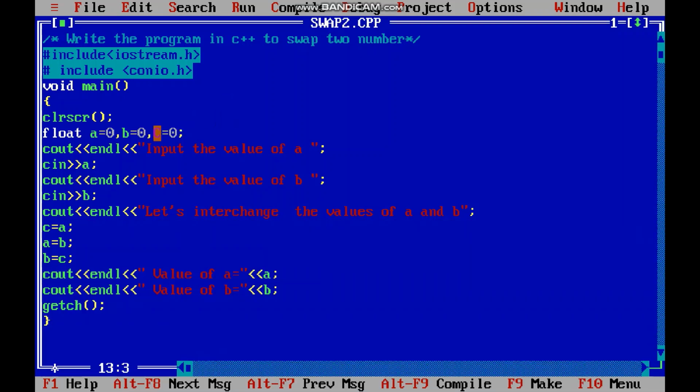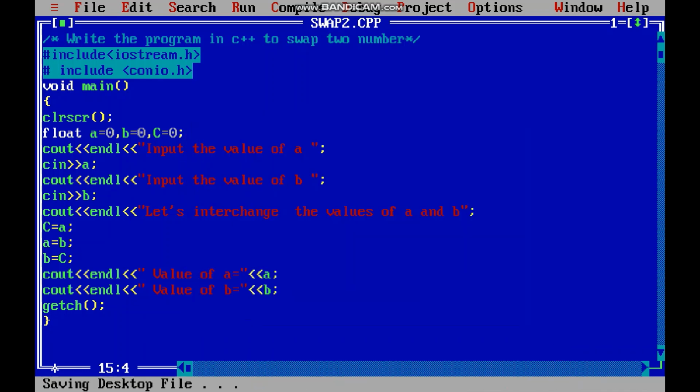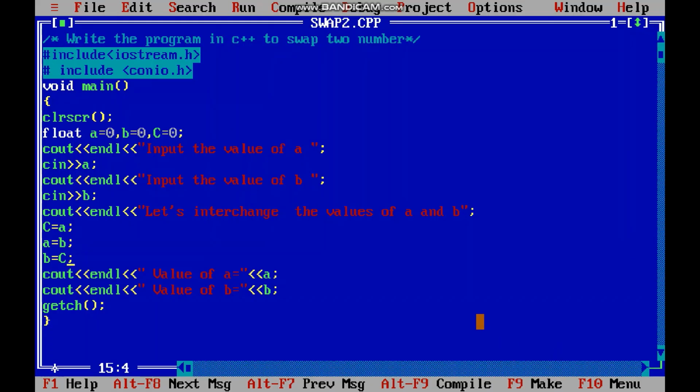So if I use C here, you can see, now I'll change this to a capital C here, and again here also I'll change it to capital C. So you can see this program will run very easily. Now there is no error, and now Control F9 to run my program. Now I'll give the value A as 23, B is equal to 34. Now you can see the program is running correctly. So you can see how upper and lower case are different.